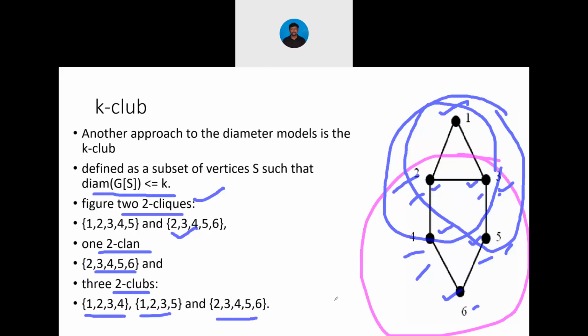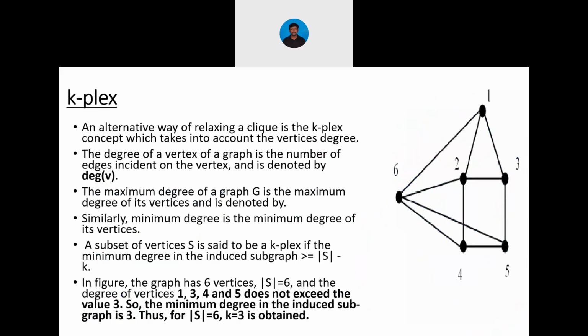So how to derive a subgraph from an original graph? This is the objective we have been studying so far in the cohesive subgroup, right? There are different models, and every model has its own limitations, and hence we are going for some other model. We have studied clique, complete graph, K-clique, and then clan, and then here the club. After completing this class, you analyze with the help of the figure what is meant by two-clan and two-clubs also. The last thing is K-plex.